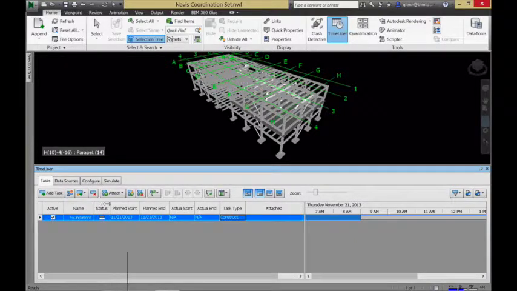Now, in terms of what Navisworks is good for and not good for, it is not a project scheduling tool. So it won't make a Microsoft Project or Primavera schedule for you. It'll take any sort of list of tasks with starts and ends and use that information, but it's not a project scheduling tool. So somewhere in one of the various tools that you have available, you'll come up with a CPM schedule, some sort of schedule which is going to lay out this task precedes that task and takes a certain amount of time. So it's not good at that, but you can pull in information from Microsoft Project